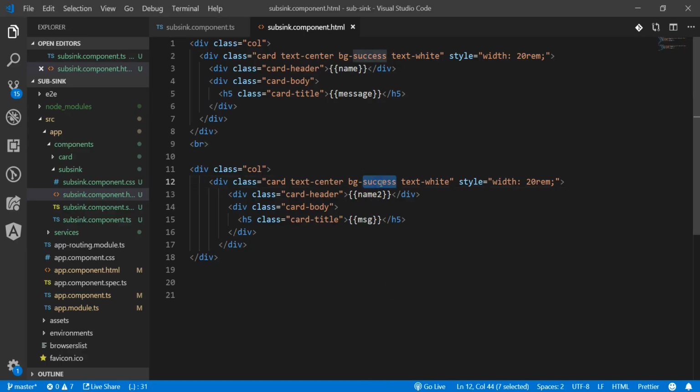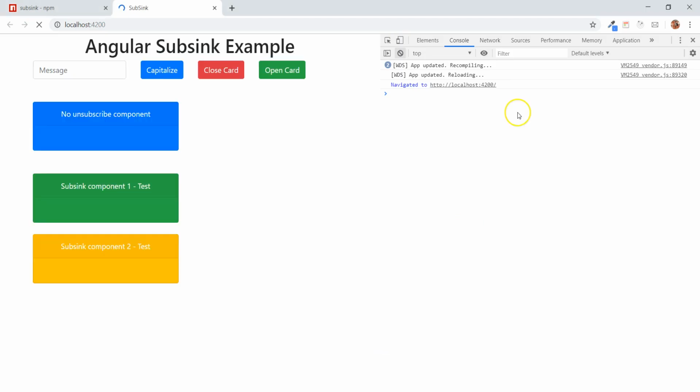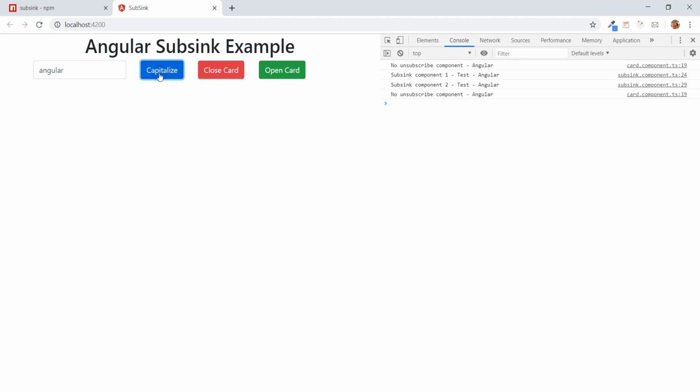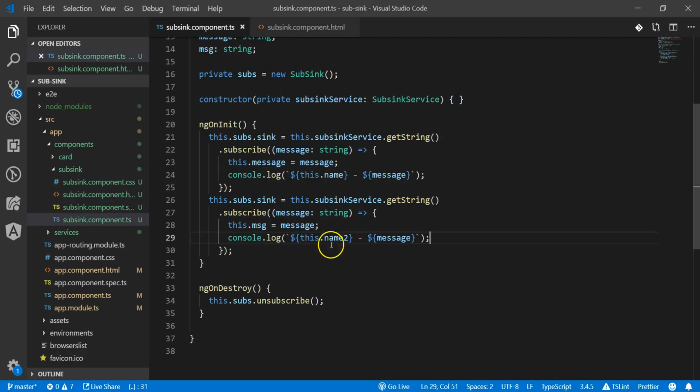I can change this to 1 right here. Okay, now you can see we have all 3 components. So let me just add this. Now you can see I have the no unsubscribe component message, the SubSync component 1, the SubSync component 2. Now if I destroy all 3 components, click on capitalize, right here you can see I only have the message for the no unsubscribe component. Now this is one way you can do this, but there is another way or another method